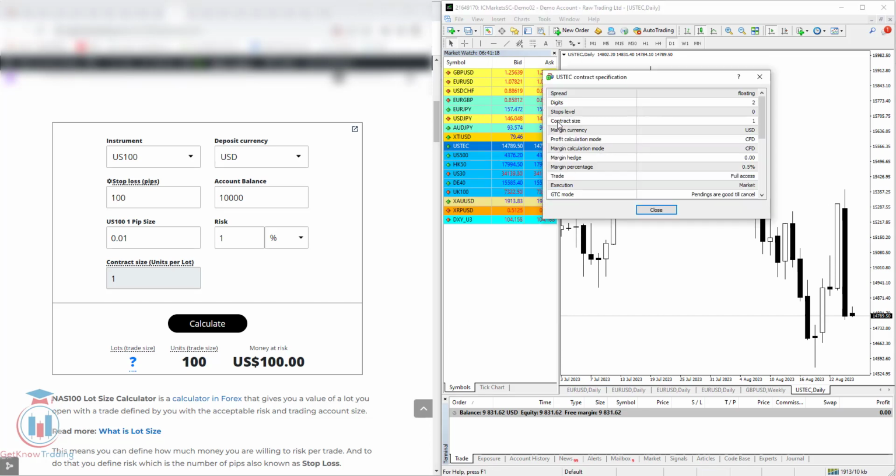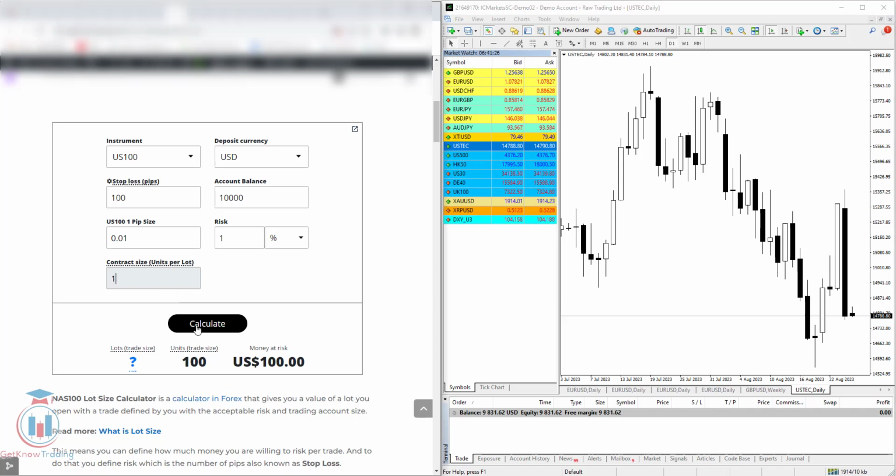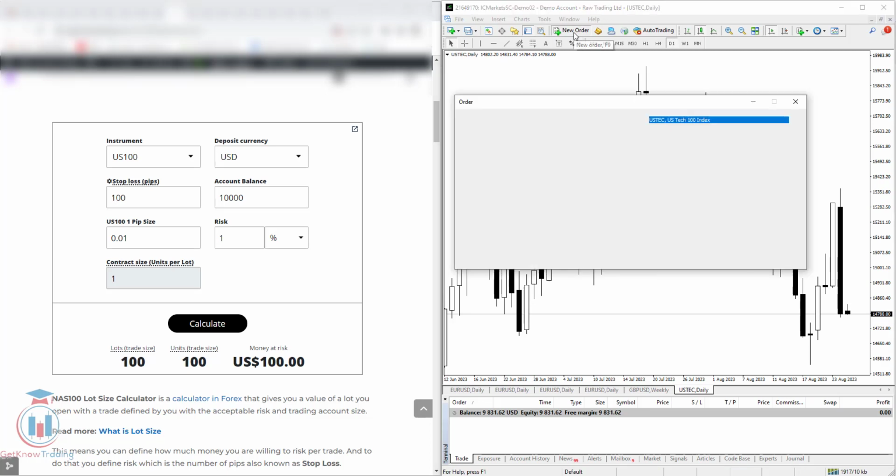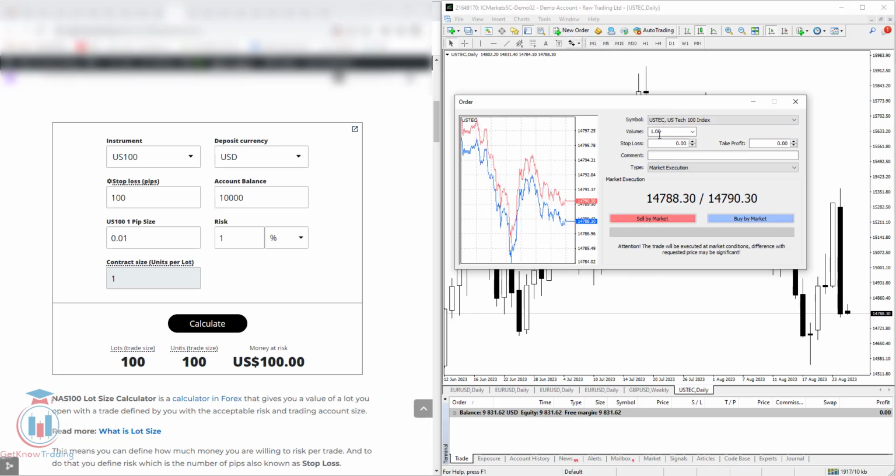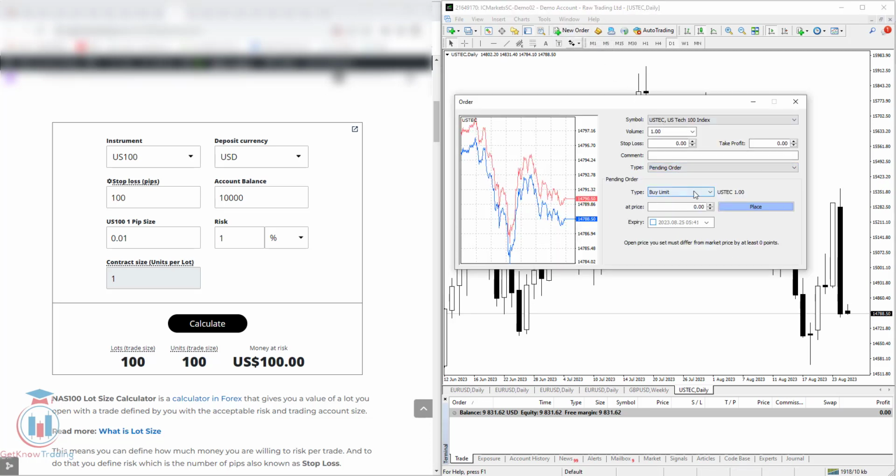You will get information that the contract size is set to 1, which means one lot is equal to 1 unit. So you put this number here, click calculate, and you get how much lots. In this case, you need to enter into the trade to get the value defined here. And that means you need to enter, just a minute, let's move here to the trading platform and let me show you an example. Let's open pending order, which will open in the future, and at the market price,